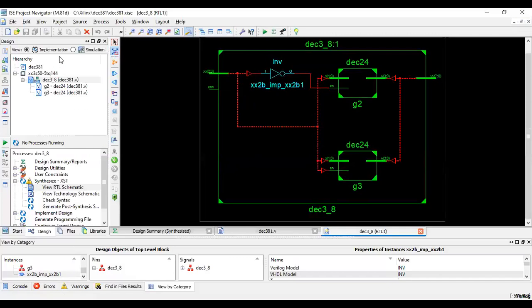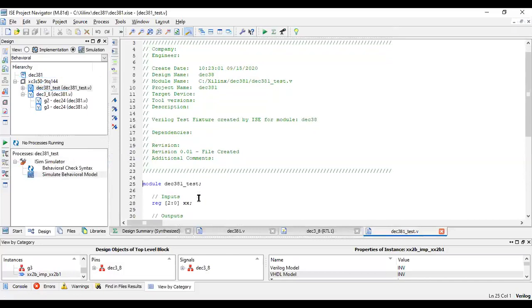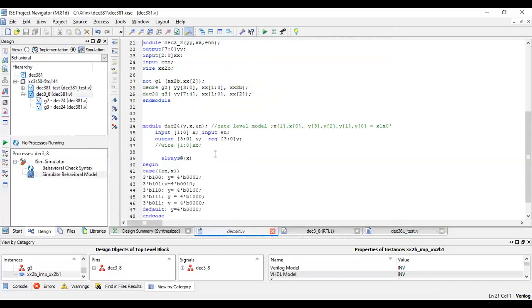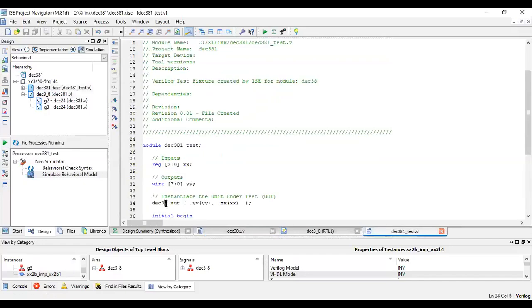Now you have to see the test bench. Module name of the 3:8 decoder I've given as 3_8. So let us see the test bench. And I also have one enable.